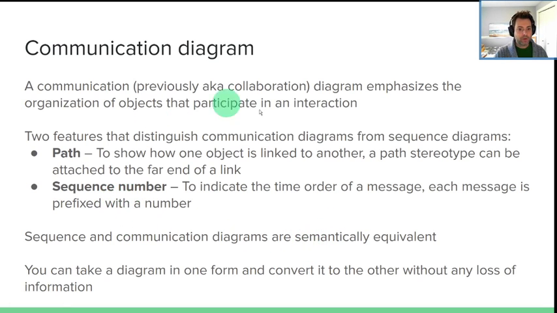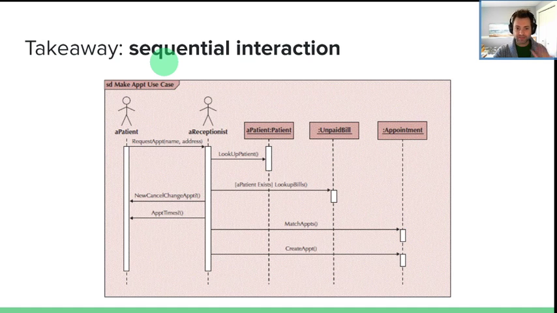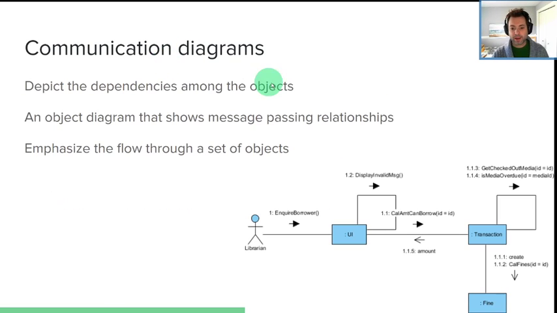But communication diagrams. Basically here we are trying to really get a feel for which object is communicating with which object at which point in time. Again, the idea is the same as sequence diagrams, but we have a different perspective, a different syntax here. So instead of these vertical lifelines, we basically see a flow graph. And really the goal here is to show relationships, show dependencies. And these diagrams specifically are going to be numbered as well, so you can actually see what step is happening when, very, very specifically.